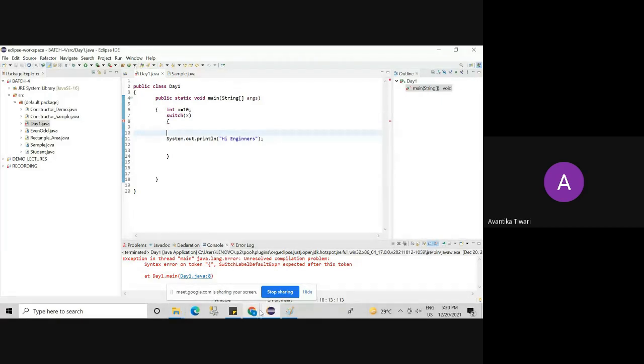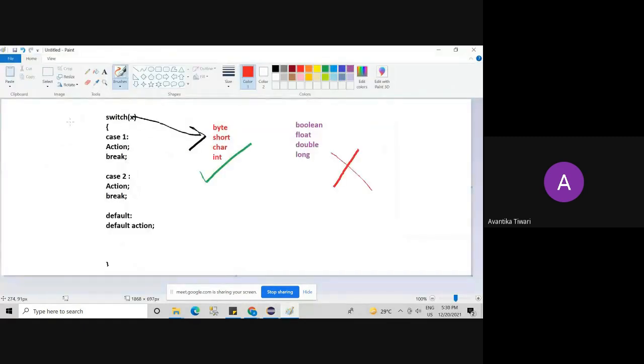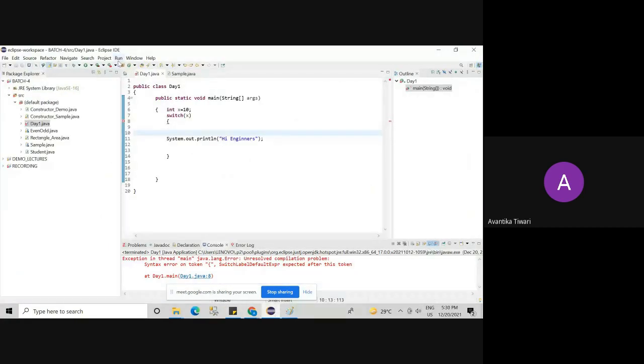If you write a switch body, every statement should be either part of a case or part of default. Independent statements cannot exist. Okay, let me execute it for you. I already executed. See, this is the error we are going to get.